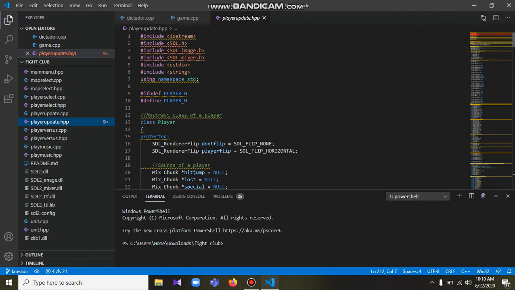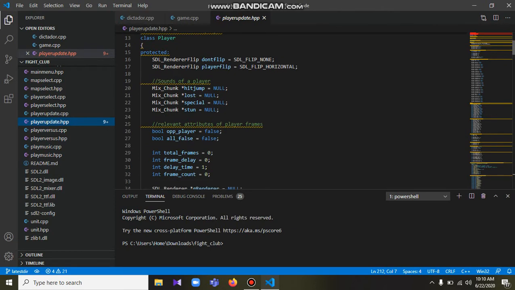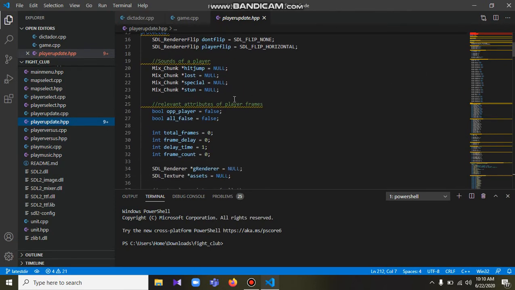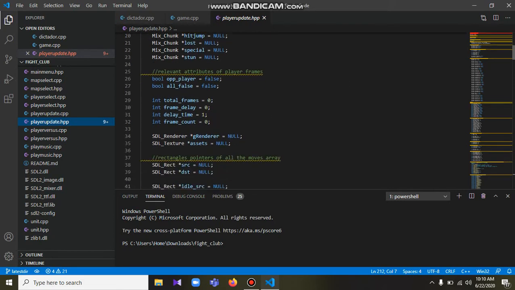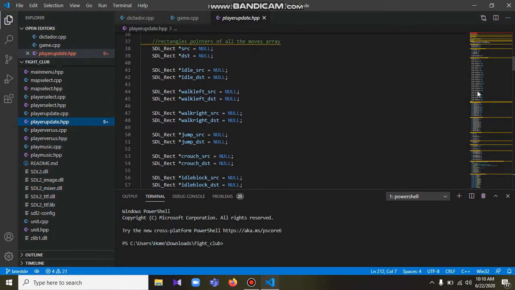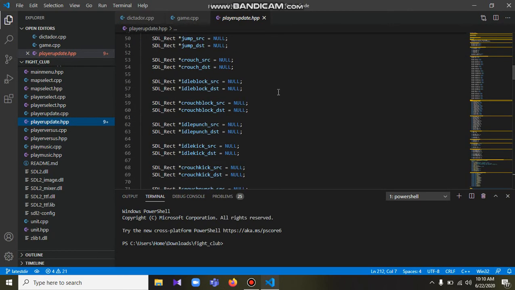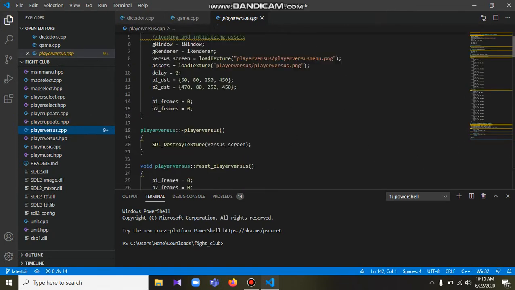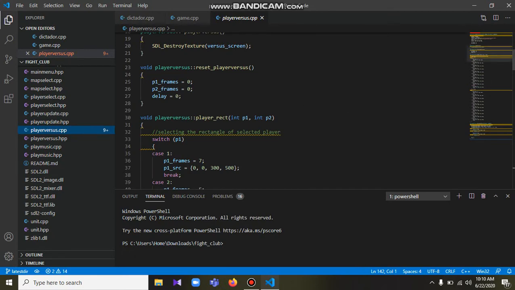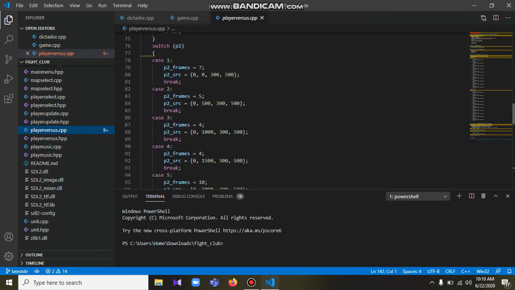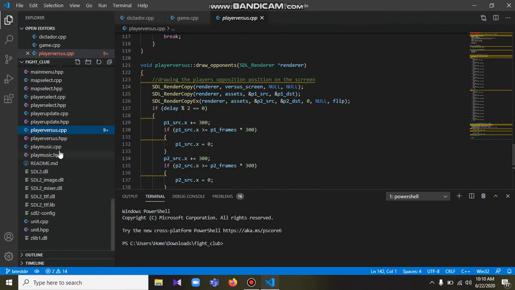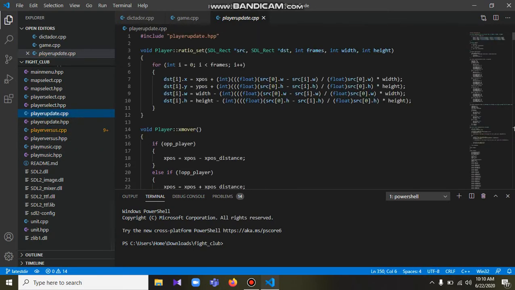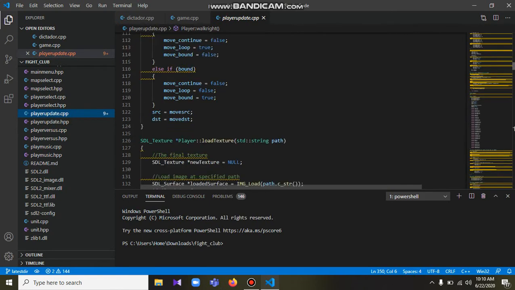So as you can see, within this class we have basically the sound attributes of the player itself. Then we have the total frames of specific moves and other relevant information related to their frames. Then we have these rectangles for each of the moves. These are basically the pointers which we are destroying in this destructor, sorry, this one right here.